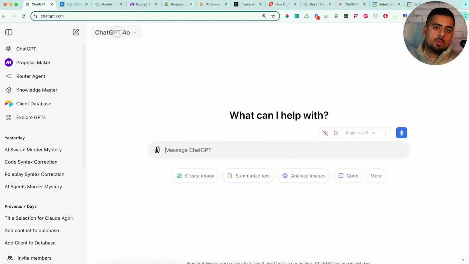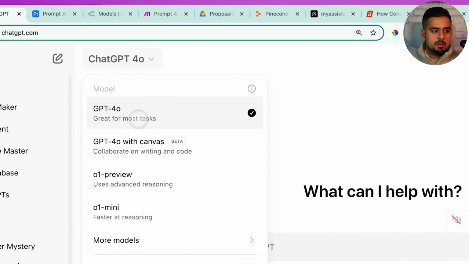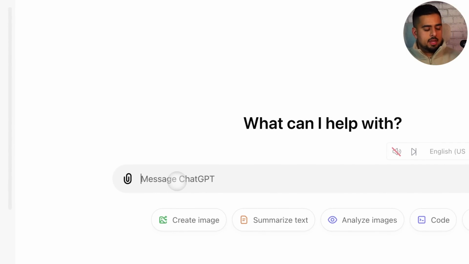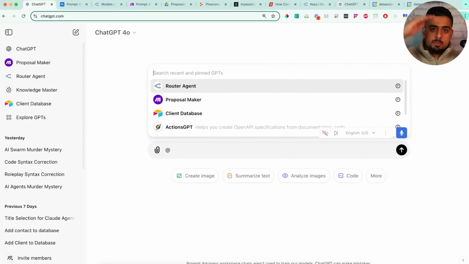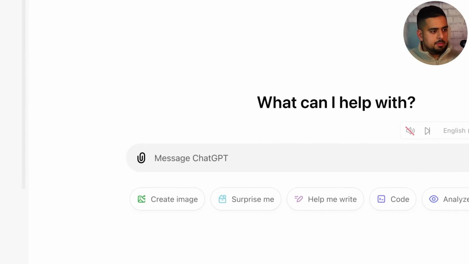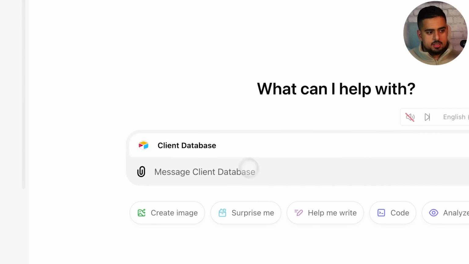So if you open a brand new non-custom GPT tab and you just use the normal GPT-4o tab in this case, you can just use the @ symbol and you'll see all of your GPTs are listed there. So you can actually talk to a specific custom GPT while you're within the general interface of a general ChatGPT session. So if we go in here and we say something like, let's go to @client database, and I say,